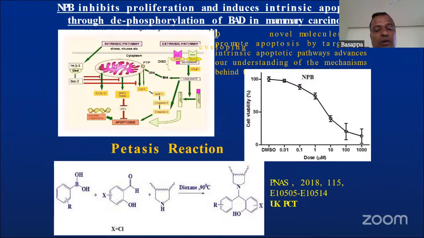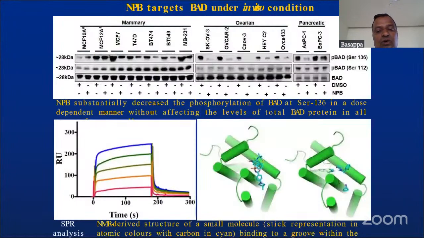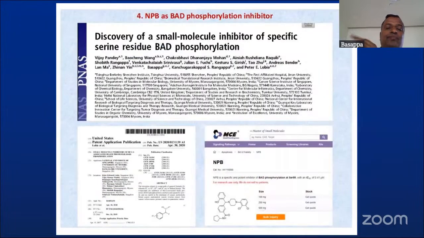So which we considered, and then the reaction was run, a straightforward multi-component reaction, from which we obtained the Petasis product. We then subjected this compound in the same way, using the Andreas Bender chemogenomic model. So we predicted BAD protein as the target. Some of the in vitro data, in silico and interaction studies show that this compound could bind to the BAD